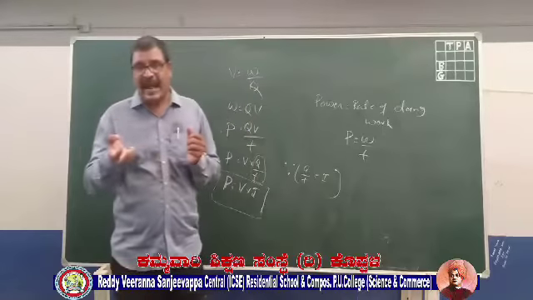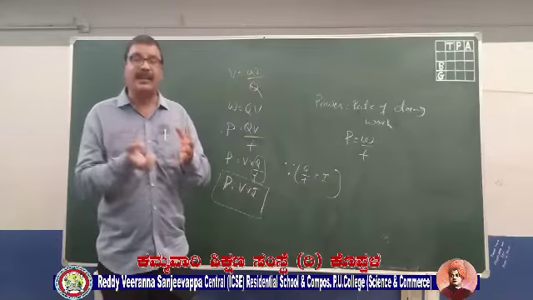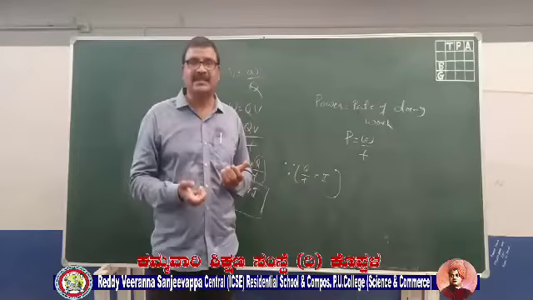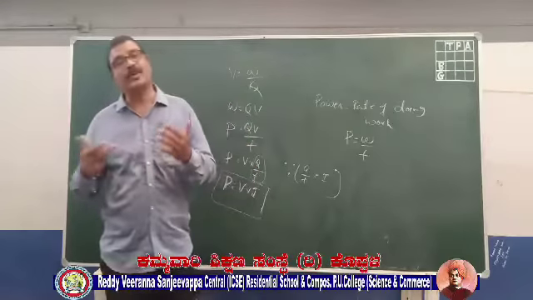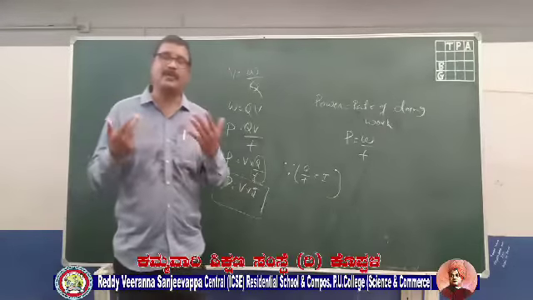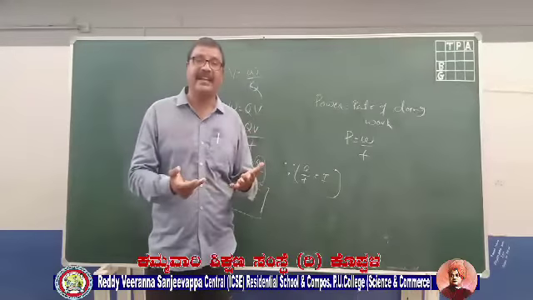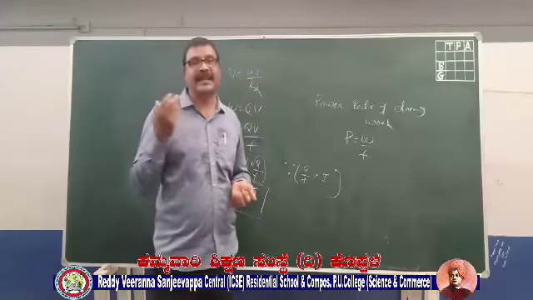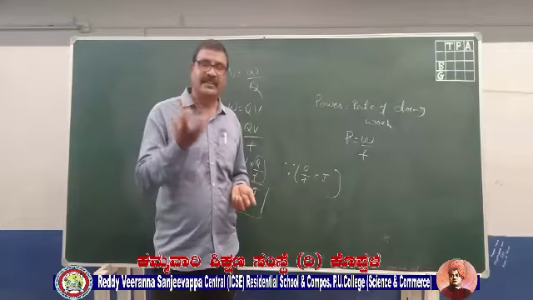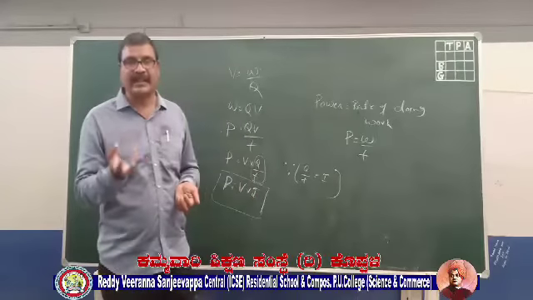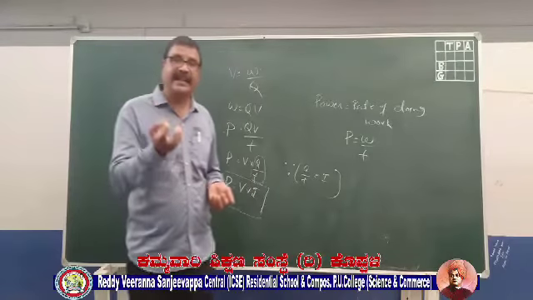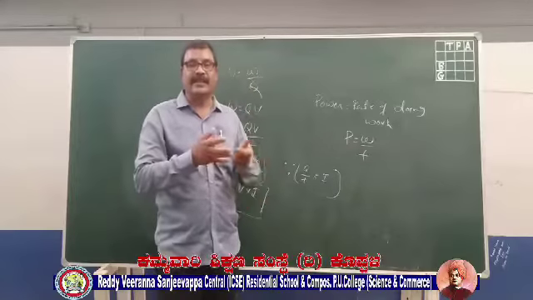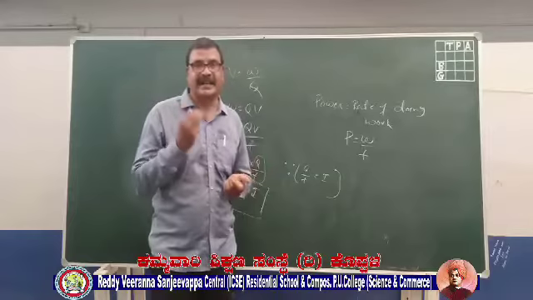So the acceleration gained by the electron is lost due to the collision. In other words, the kinetic energy of the electron is lost. So what happens to that kinetic energy? That kinetic energy lost by the electron is dissipated as heat energy in the conductor. This is how heat energy is produced. Once again, I repeat: the kinetic energy lost by the electrons due to collisions is dissipated as heat energy in the conductor.